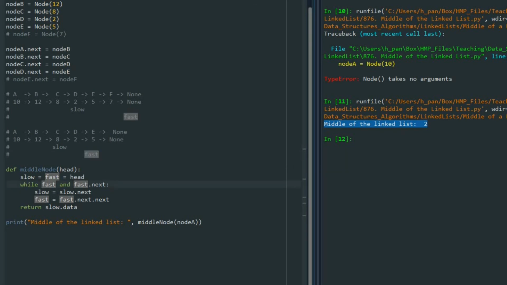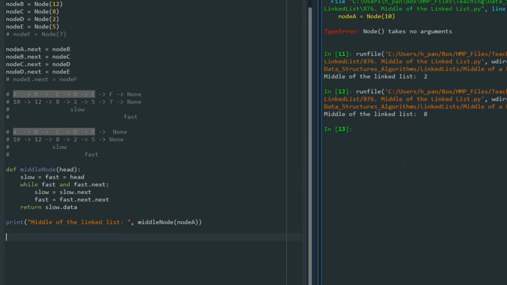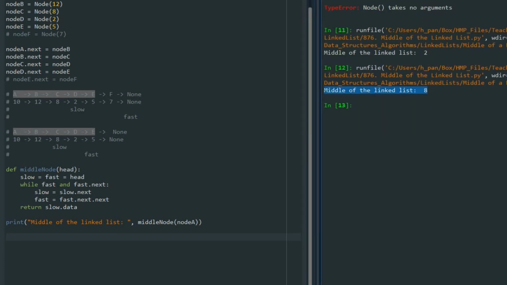That is the reason in this while loop statement we should have both fast and fast.next not None. So whenever fast hits None or fast.next hits None, that's where we stop. So in that case we can handle a situation where we have an odd number of nodes in the linked list. So let's run this one now, and you can see we get the middle of the linked